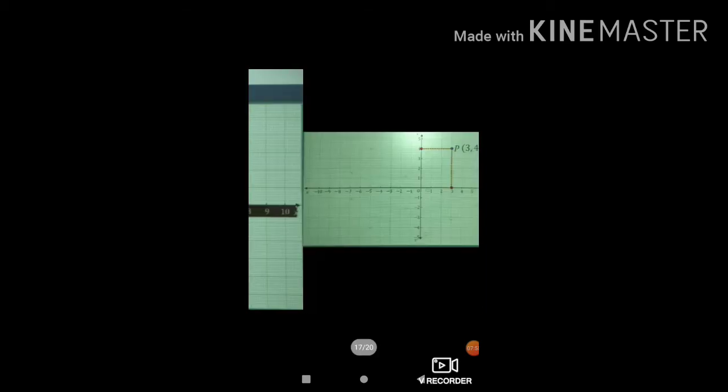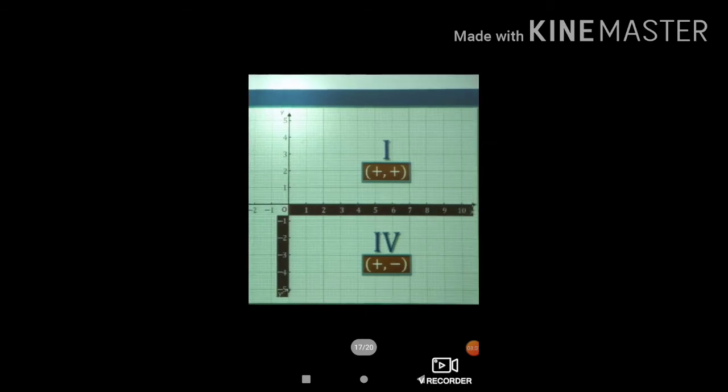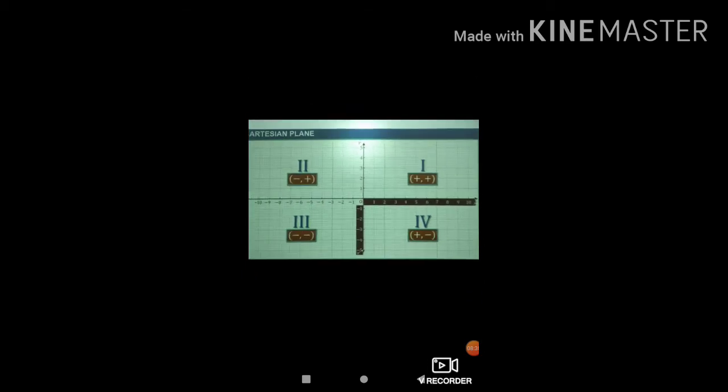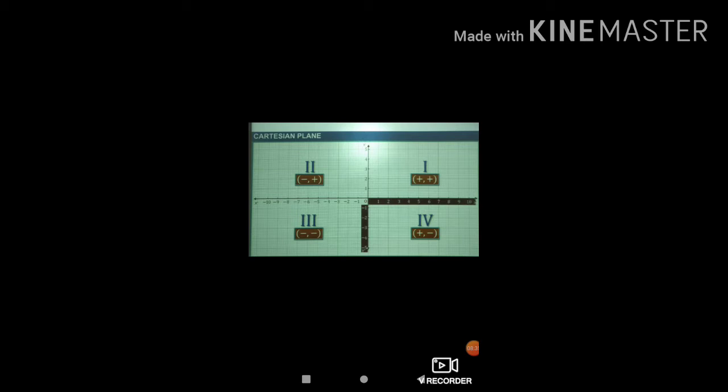Now come to the last one, that is the fourth quadrant. Look at the fourth quadrant. The fourth quadrant is made from Ox axis and Oy dash. In the Ox axis you have seen all digits are positive, but in Oy dash, this darker one, all are negative: -1, -2, -3, -4, -5. You know very well we write first the x coordinate, then the y coordinate. So it is plus minus. So in the first quadrant it will be plus plus, in the second quadrant minus plus. So these are our four quadrants of the Cartesian plane.